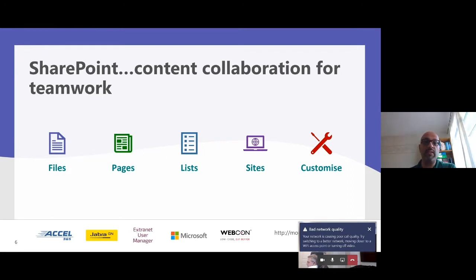For this particular session though, today, I'm not going to use any code. I believe in more of a configuration of the sites as well as Microsoft Teams to be able to deliver those solutions very quickly. So hopefully that gives you an idea in terms of some of the differences